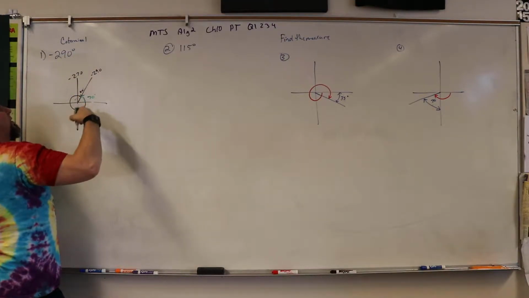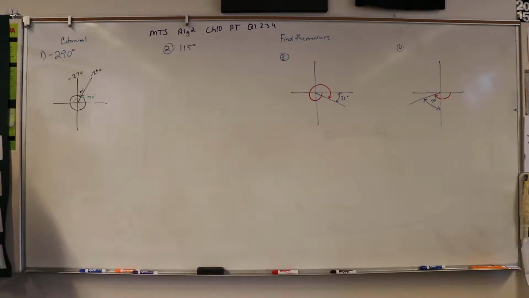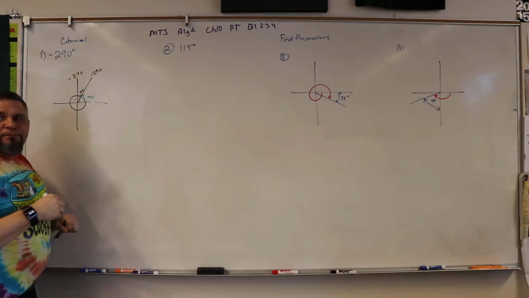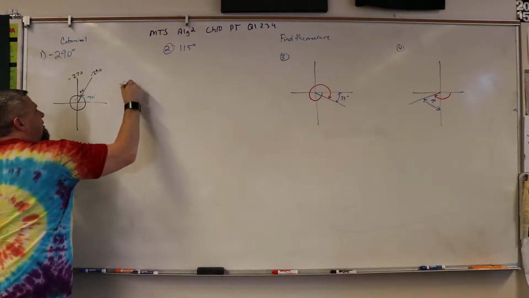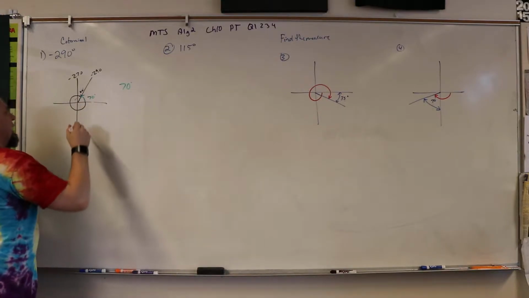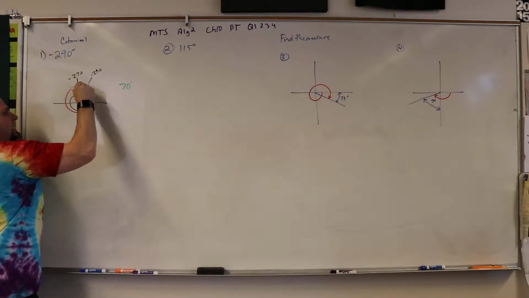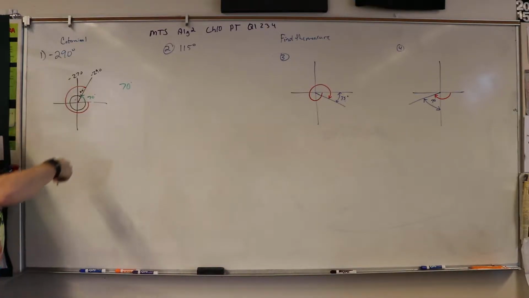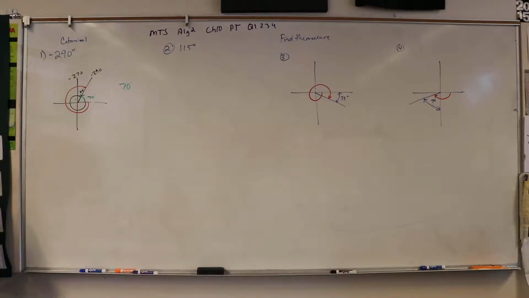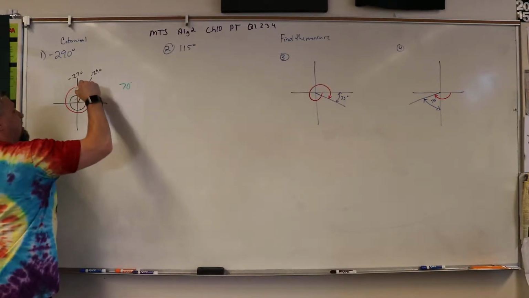In this case it says give a positive and a negative coterminal, right? And then you have to terminate at the same spot. So the positive coterminal is 70. But the negative coterminal means I need to terminate here. But I'm not going to use just the same one. Now, sometimes some allow you to do that. So on the state test they might have two coterminals, a negative and a positive. And it might say negative 290. But it'll probably say